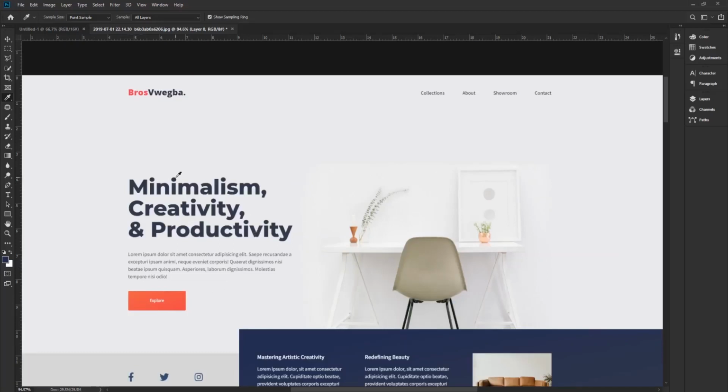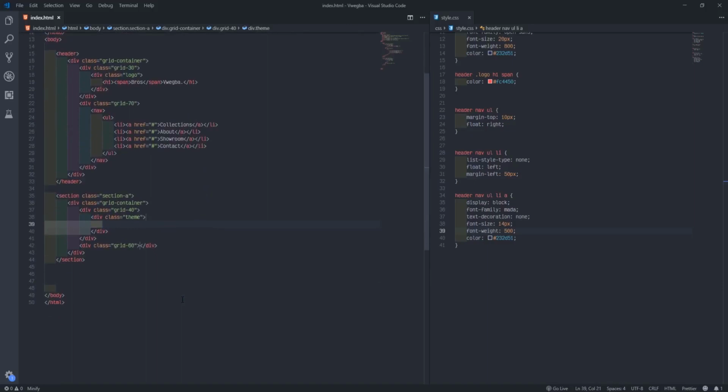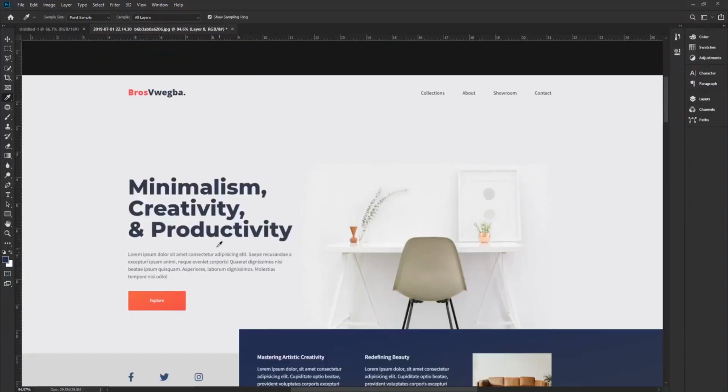All of the content inside here, I'll wrap up inside one div, and I'll call it team. Then I'll create the H1 and all these things inside. So I'll say dot team, and inside the team we'll get the H1, and in the H1 we'll get minimalism, comma, creativity and productivity.